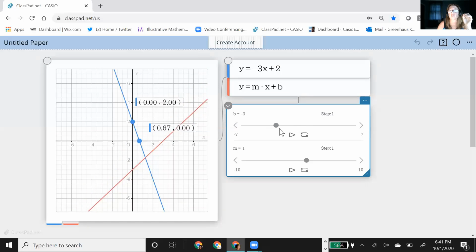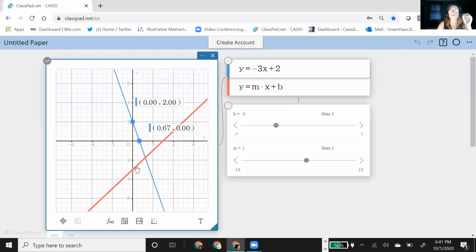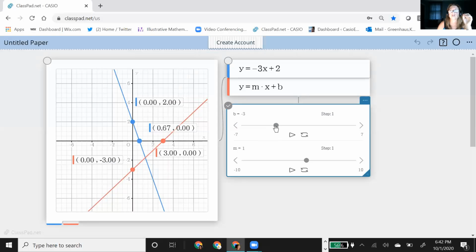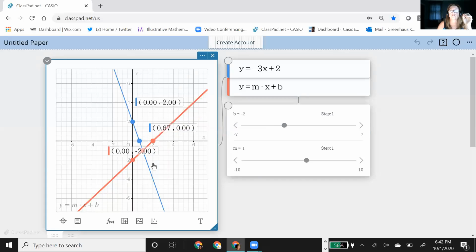My line is moving, and maybe we want the students to click on key points and see if there's a connection. As I move this slider, is there anything that's actually matching the B? Whoops. And I can click again. So then maybe they're making that connection: oh, this is somewhere on this y-axis. So you can have them looking at that.